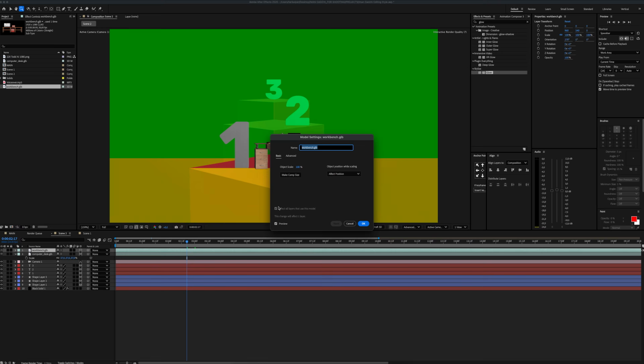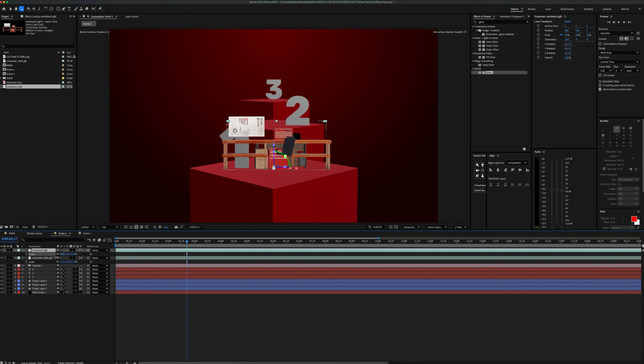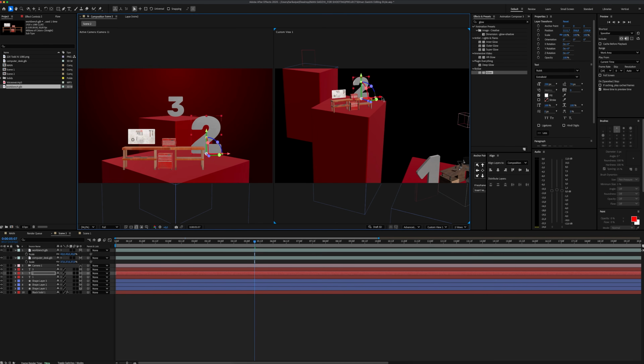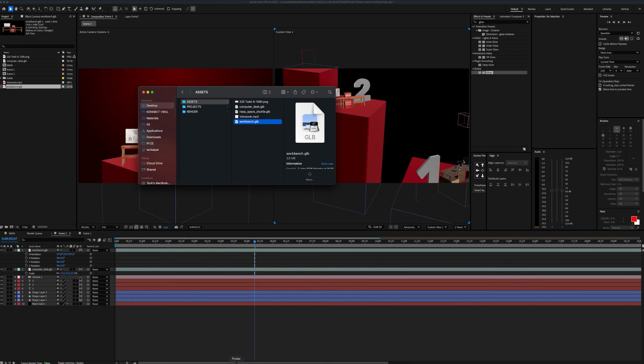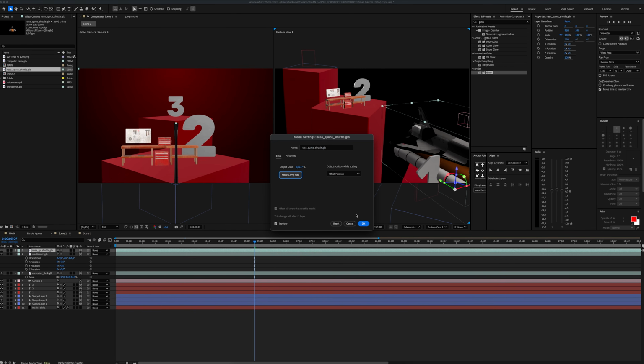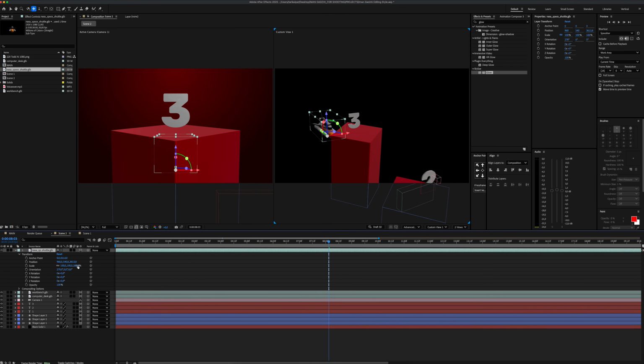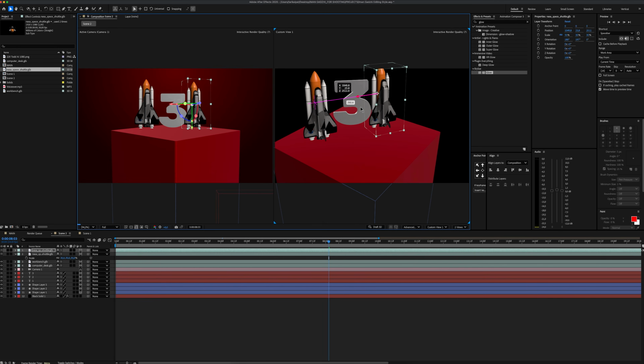Next, bring in the second 3D object, the workbench. Make it smaller and drop it on top of the second shape layer. And finally, import the last 3D object, which is the NASA Space Shuttle. Place it on top of the third shape layer, then duplicate it and position the copy next to the text